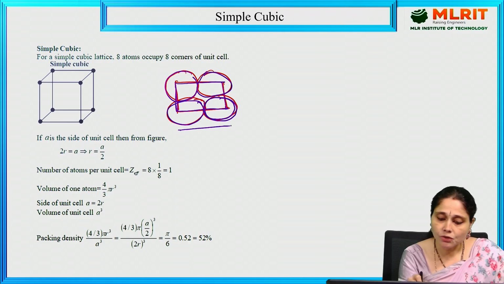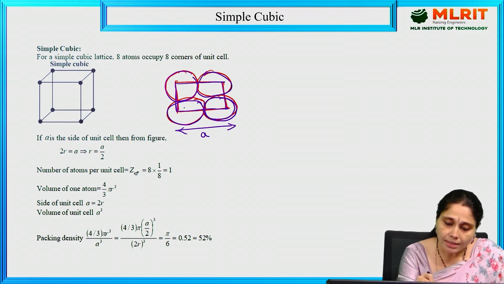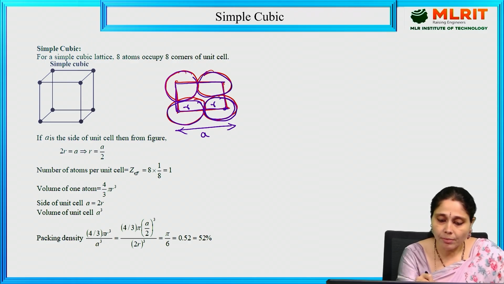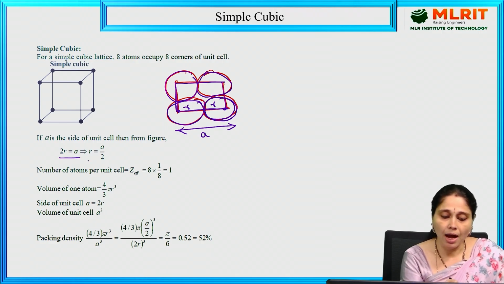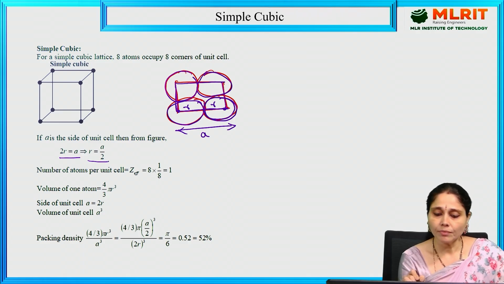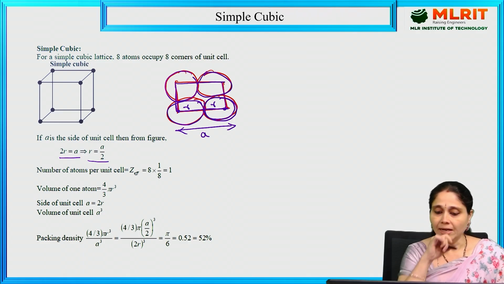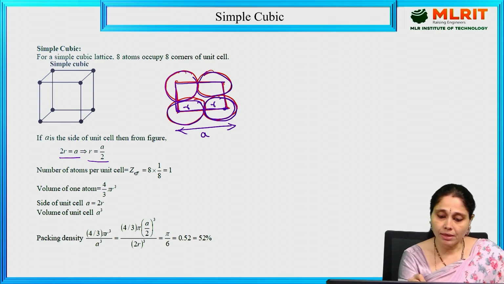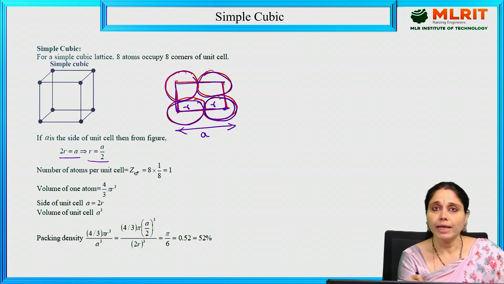So what is this one? This total one is the unit length A. Now this is the radius. We can say this one is the radius, this one is the radius. So these are the 2 atoms and this is the radius. So from here to here, we are going to have 2r, that is equals to A. So 2r is equals to A, or r is equals to A by 2. So we have determined the relationship between radius and unit length parameter A.